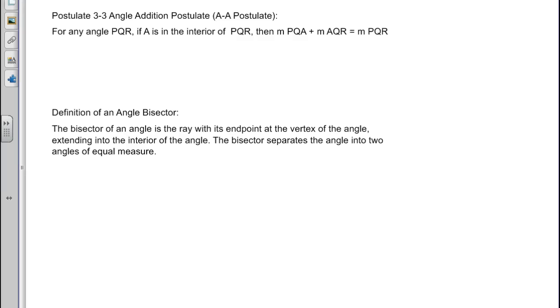You should have Postulate 3.1 and Postulate 3.2 already, and if you don't have those in your notes, then you need to grab a book next time you're in class and put those down. Postulate 3.3 is the Angle Addition Postulate, or the AA Postulate. For any angle PQR, if A is in the interior, meaning on the inside of angle PQR, we'll slide a little angle in there, then the measure of angle PQA plus the measure of angle AQR is equal to the measure of angle PQR. So if you'd like to draw a little picture of this, then let's draw that real